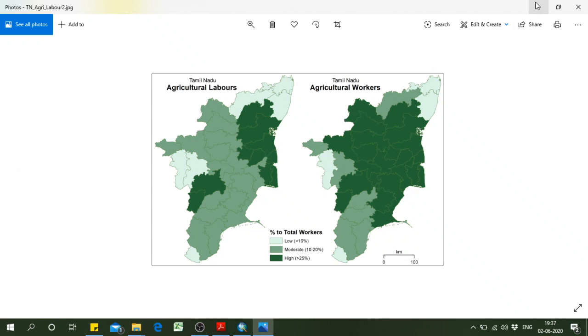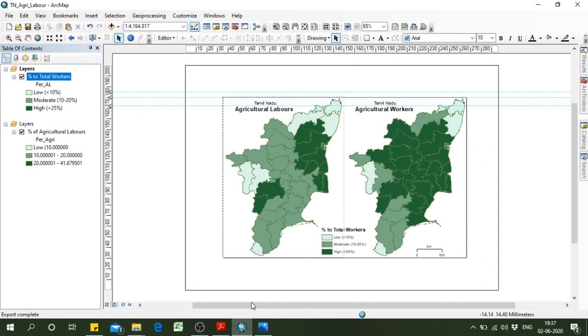You can add any number of data frames in your map layout, and you can show spatio-temporal aspects of your maps. With this I just stop it here. You just go ahead